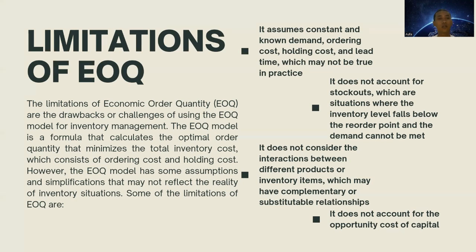The EOQ model is a formula that calculates the optimal order quantity that minimizes the total inventory cost, which consists of ordering cost and holding cost. However, the EOQ model has some assumptions and simplifications that might not reflect the reality of inventory situations. Some of the limitations of EOQ are